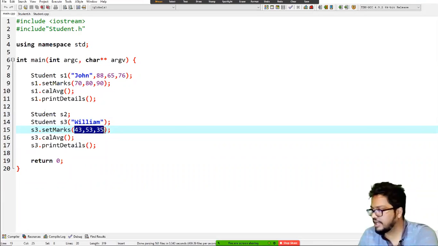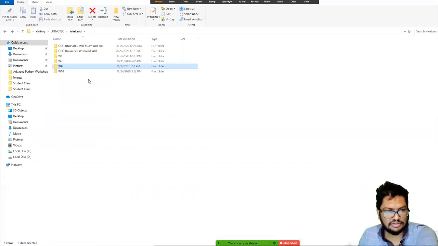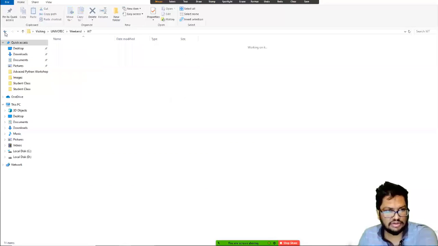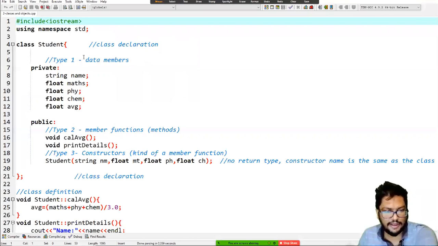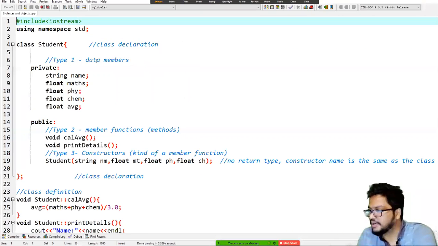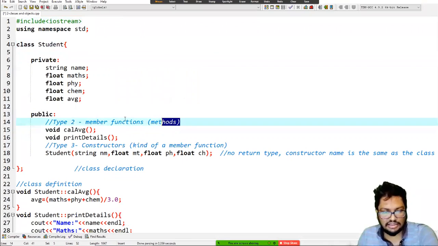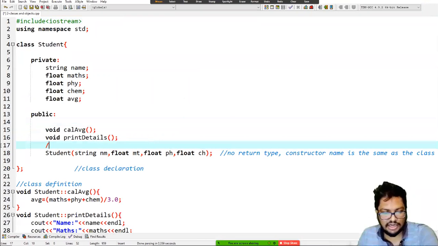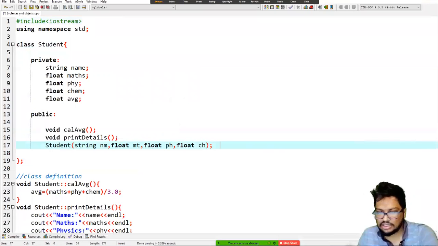Can you remember, we have done similar examples? Now it's better if I can show it as a fresh example. Yeah. So here, now you know, right? So this is a simple student class, right? A simple student class. Everything is there in the code, no separate files, everything is in the same code, right? So here,